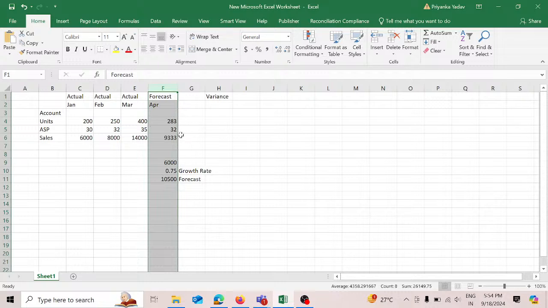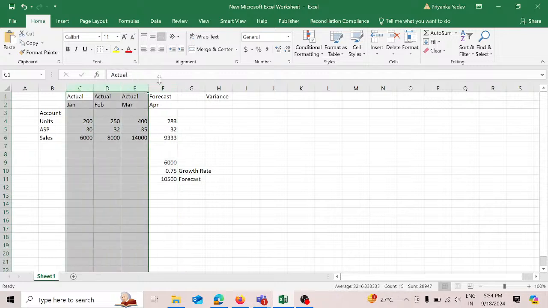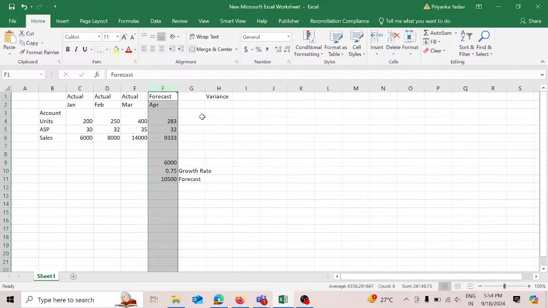Here, after the forecast, we are doing this at the end of March, and we are planning for the month of April. This is what happens in every firm: sales is forecasted for coming months on the basis of historical data. So when we have done the forecasting and the actual happens in April,